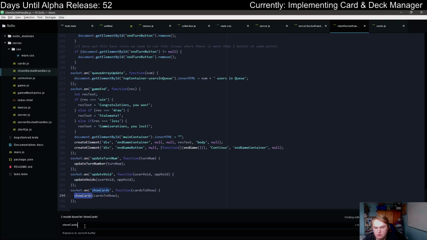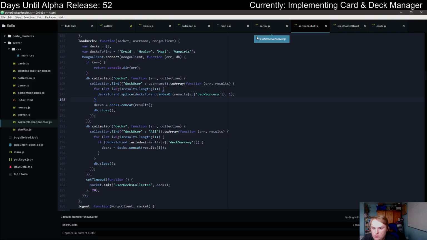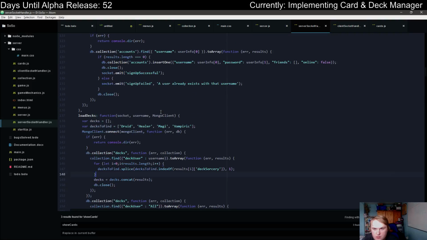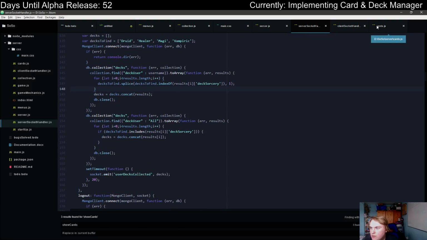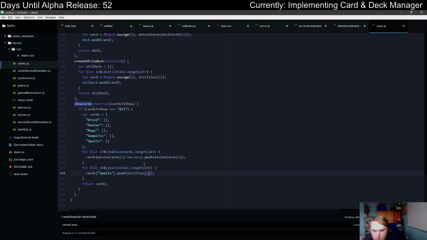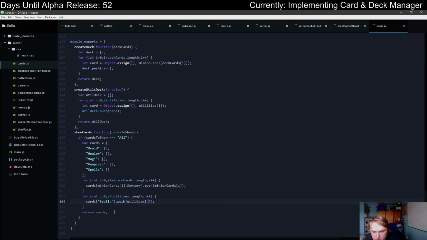Okay. So when we send these cards over here then, what I need to do is also just pass through the list of cards, like the full list, a bit easier. Which is going to be a bit annoying, I won't lie. So when we do this show cards,